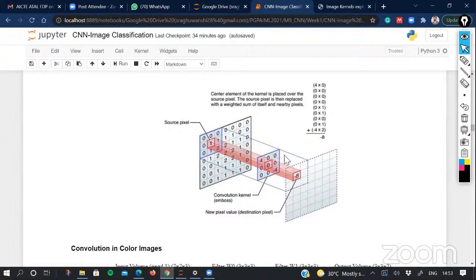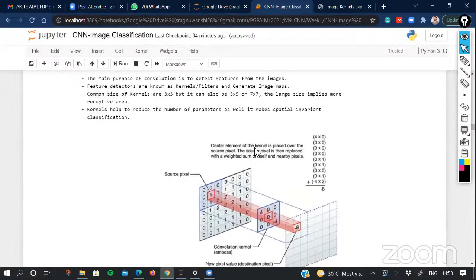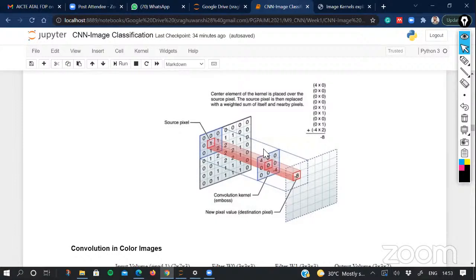Now here you see this looks like a static filter where we have these fixed values, and finally we get the output here. But when we make this an end-to-end learning process, we replace these values with weight parameters which are learned during the training of the network. So these numbers can be replaced with these weight parameters.